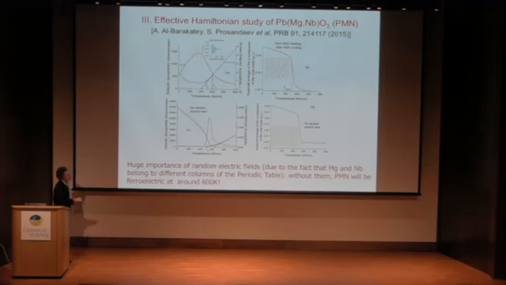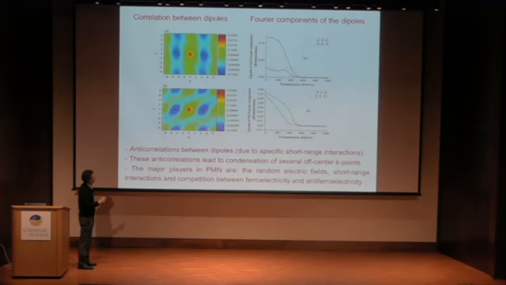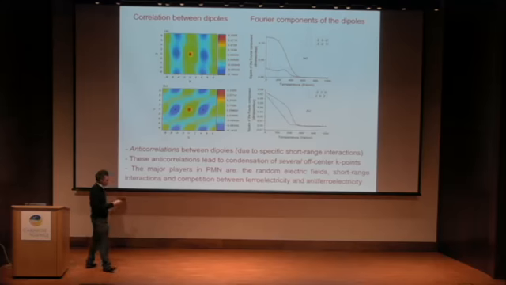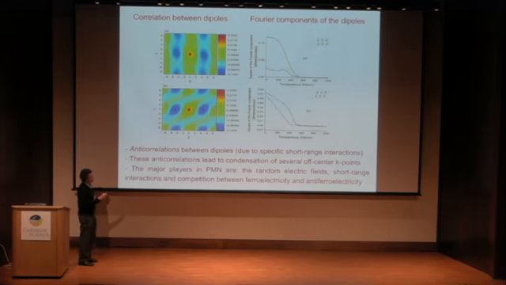We also looked at other things, in particular the correlation between dipoles. One important thing to realize is the blue color. The blue color is about anti-correlation. So if you have a dipole here, the blue color is telling you that other dipoles will be antiparallel to that. And we found these anti-correlations. And depending on the correlation you use, you can also do a Fourier transform of the dipoles.